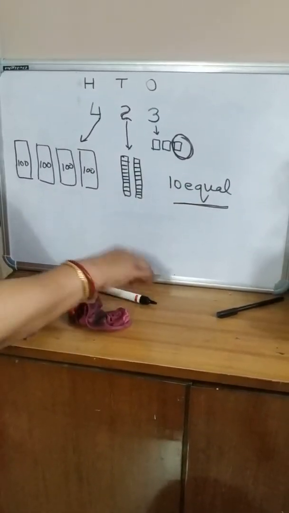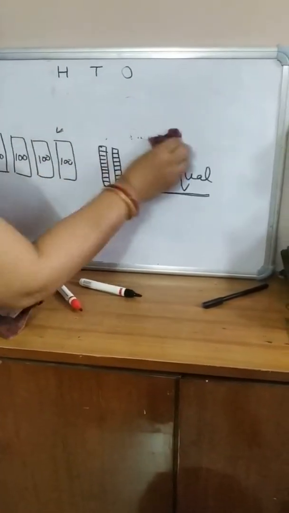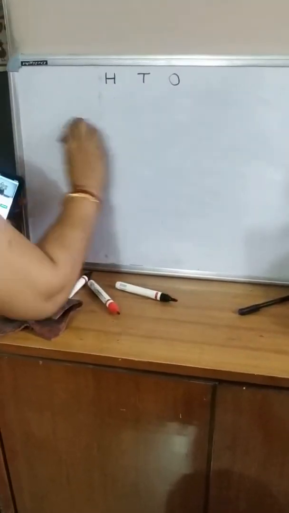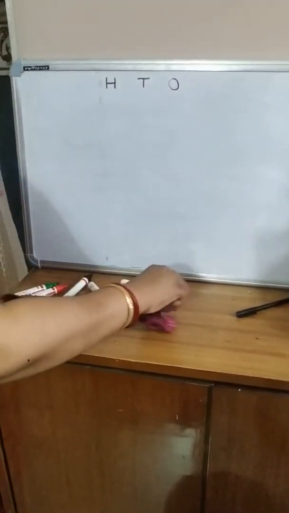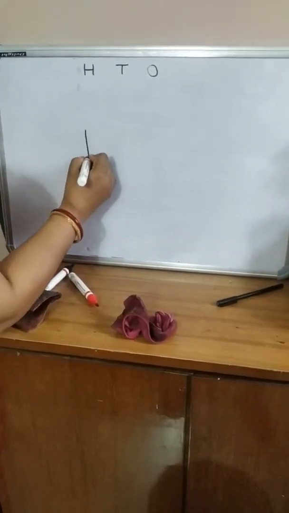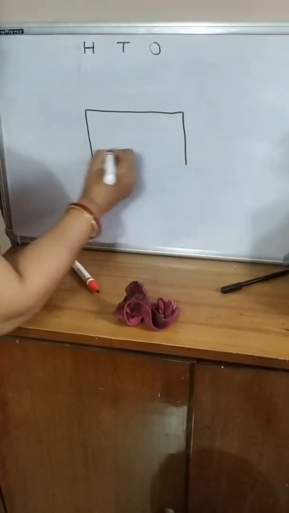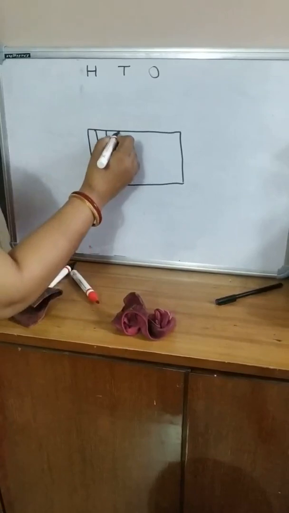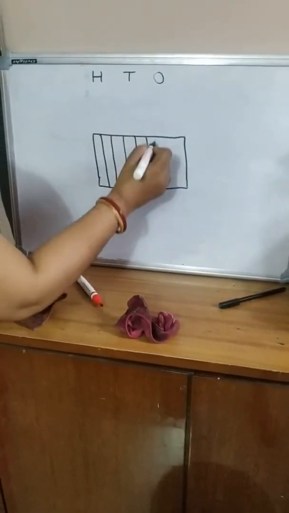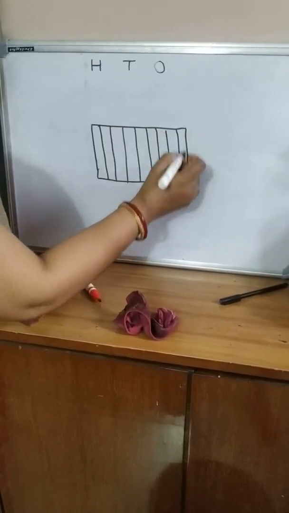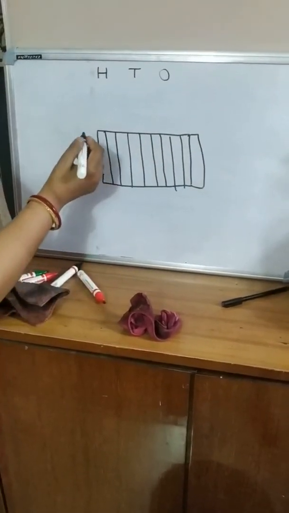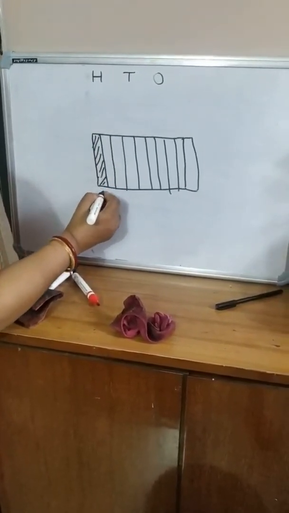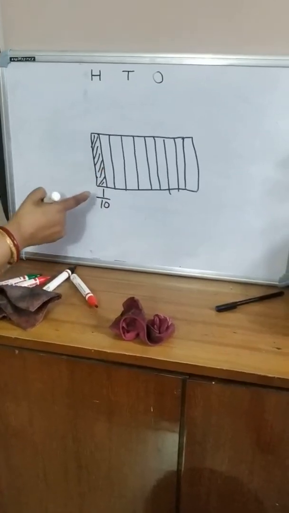So here all of you see. When I am going to divide a cookie into 10 equal parts, this is the single cookie. Now I am going to divide it into 10 equal parts: 1, 2, 3, 4, 5, 6, 7, 8, 9 and 10. And each part value is 1 by 10. Each part represents 1 by 10.